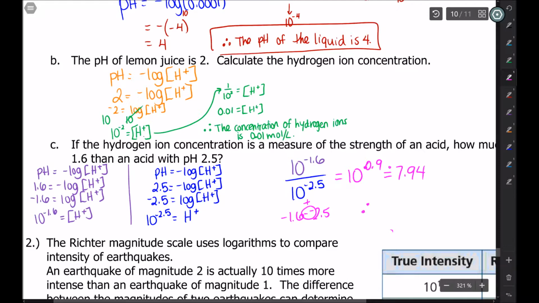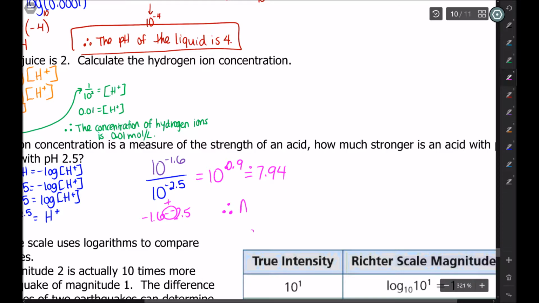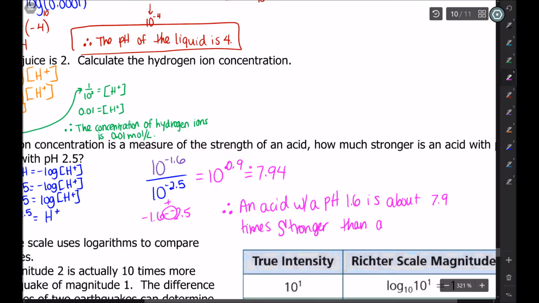So we can say, therefore, an acid with a pH of 1.6 is about 7.9 times stronger than an acid with pH of 2.5. Okay, and then